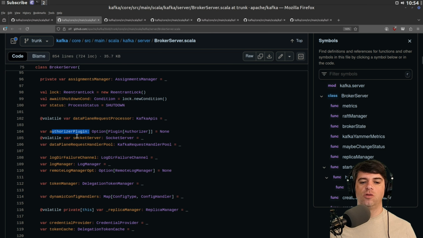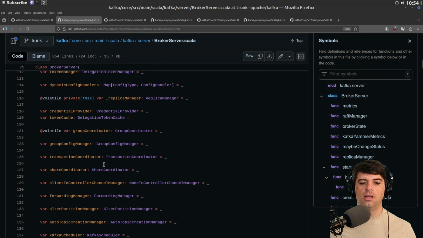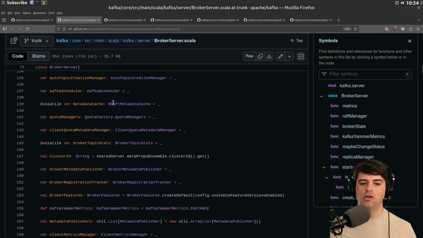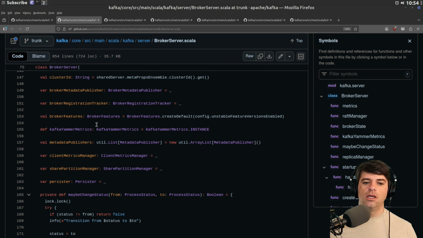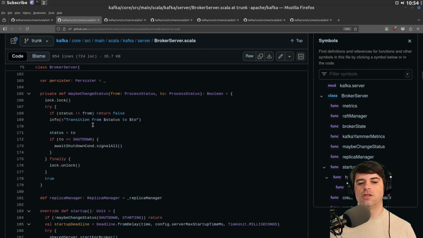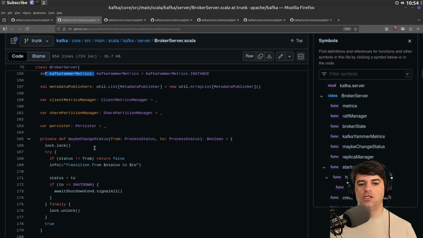That's some middleware stuff like an authorizer plugin, a group coordinator, which is volatile, and a replica manager, which is also volatile, and a metadata cache and broker topic stats, and so on. Kafka Yammer metrics, whatever Yammer is, maybe some metric thingy. Maybe change status. From process status to process status is a Boolean. Maybe indicates whether it succeeded.